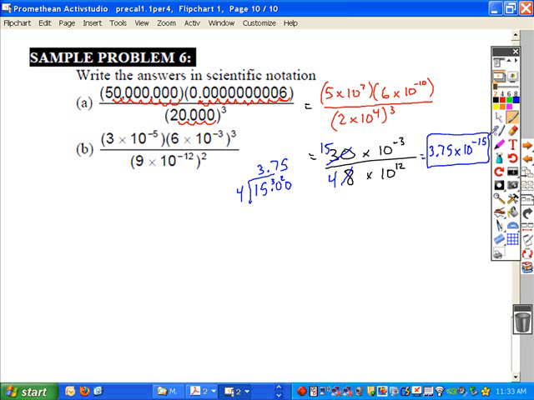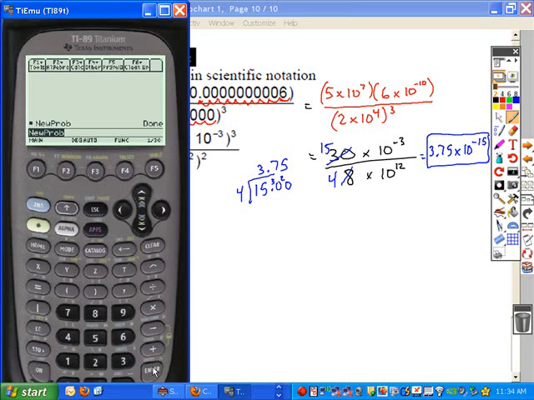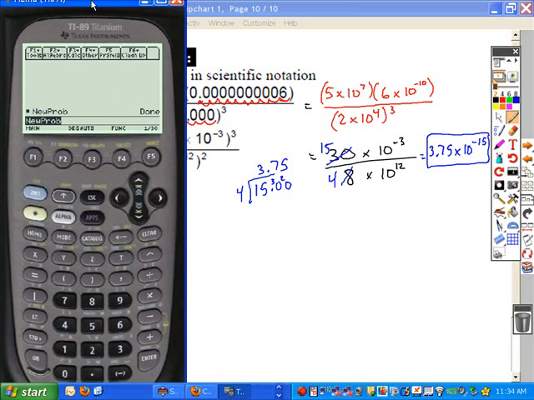Now, if you were going to use a calculator to verify this, you could test it. I'm going to go ahead and do this calculation so you can see, if you're unfamiliar with how to enter scientific notation. If we take 5 times 10 to the power of 7, this EE button right here, the third button on the left from the bottom, is going to display as just an E. That letter and that button represents times 10 to the power of whatever you type next. And so 5E7 represents 5 times 10 to the 7. We're going to multiply that by